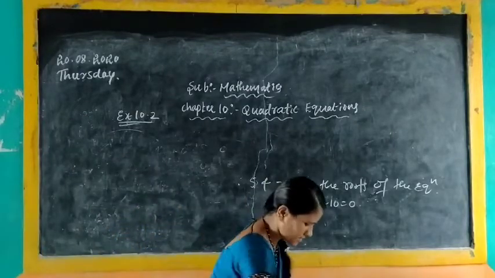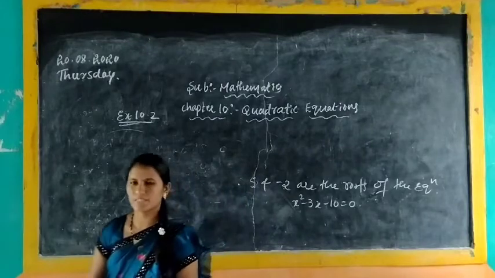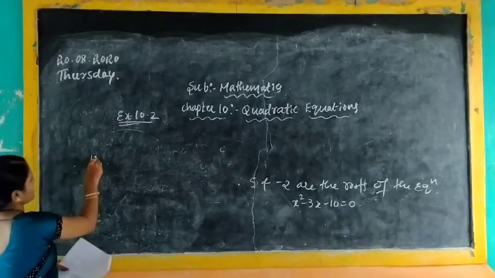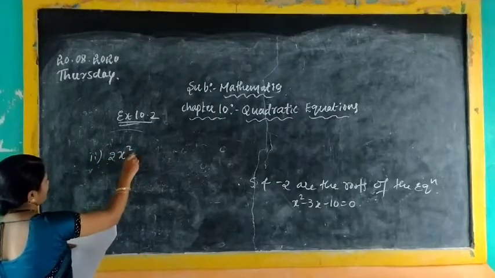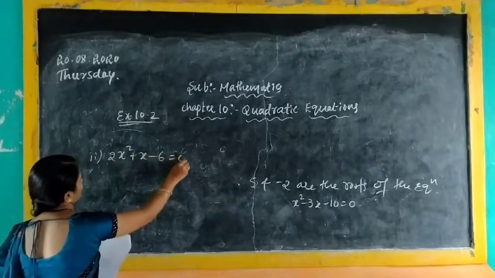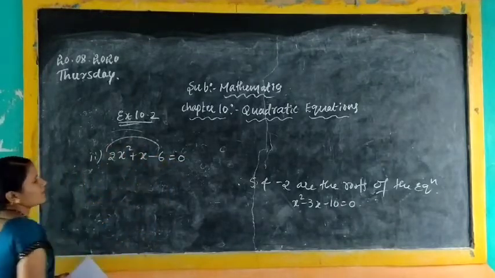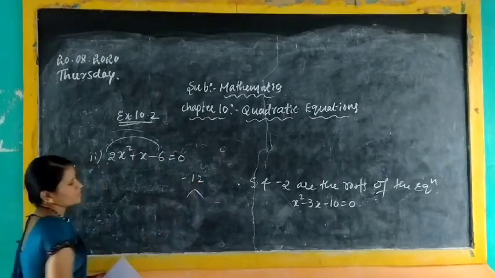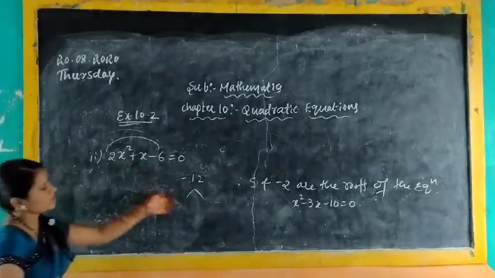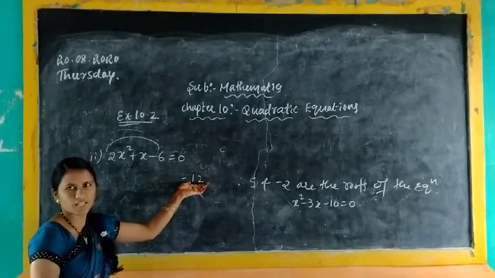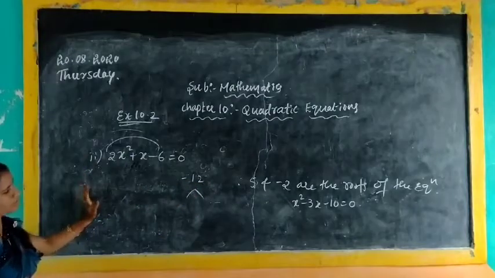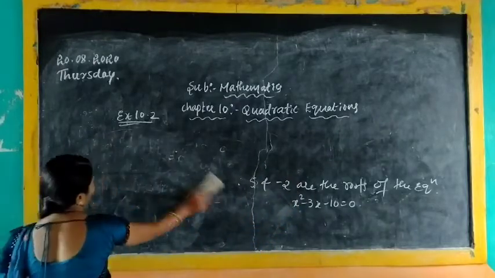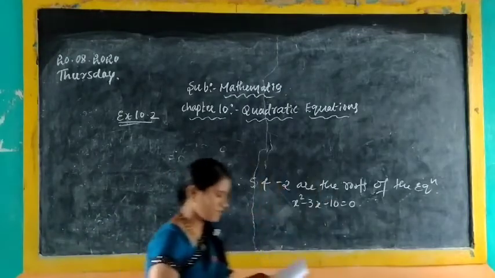The second problem is also the same; it's also done by using the factor method. I will take the second one as homework. I will give 2x square plus x minus 6 is equal to 0 as the second one. You have to consider the last digits: 2 into minus 6 will be minus 12. If you add, you want plus 1; if multiplying, I need 12. Like that you have to take the numbers and solve. Okay. Next, third one. Second one do yourself. It's easy.